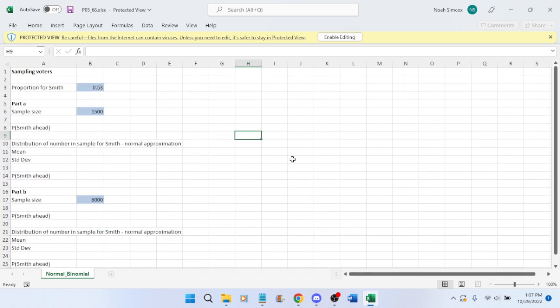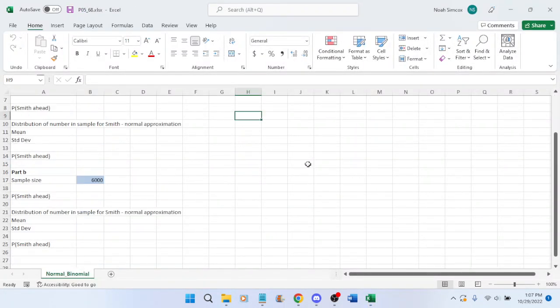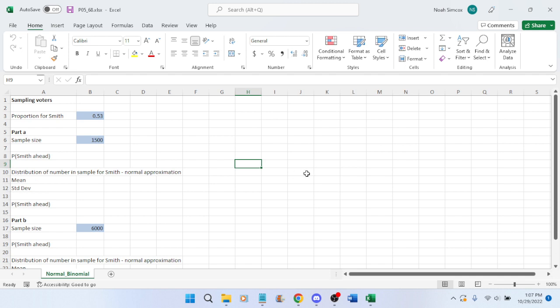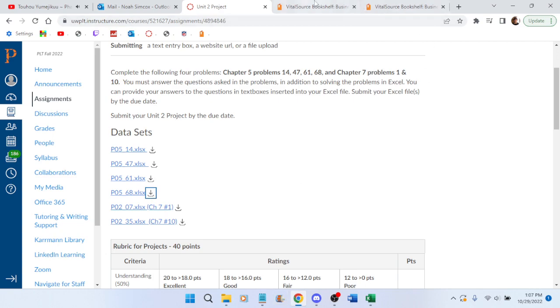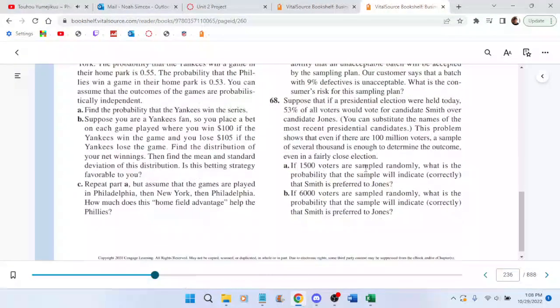So this one seems like it might be alright. Huh, wow. Hopefully this is alright. It says normal underscore binomial, so this looks like it's a binomial part. God dang it. Okay. 68. So